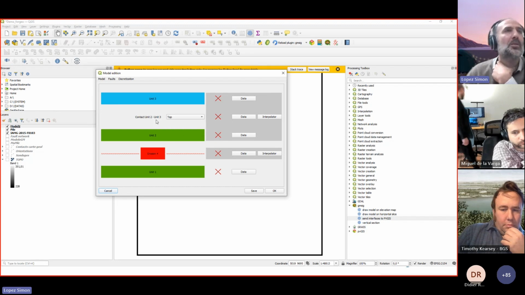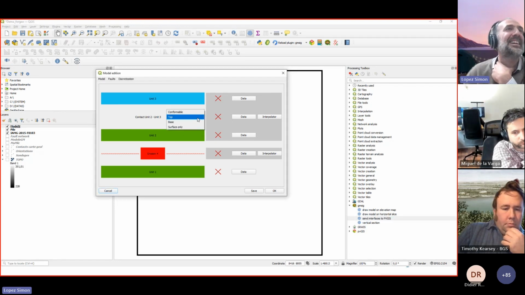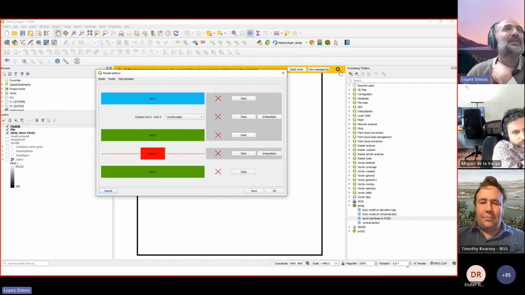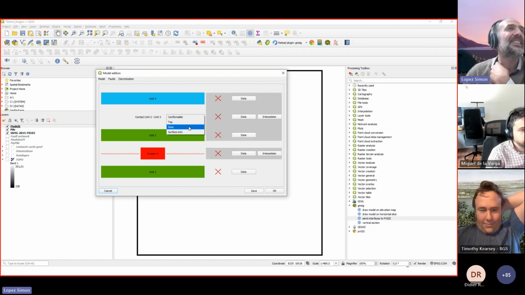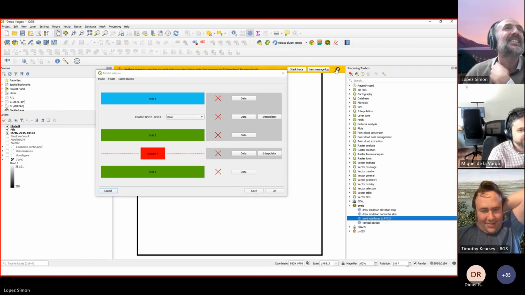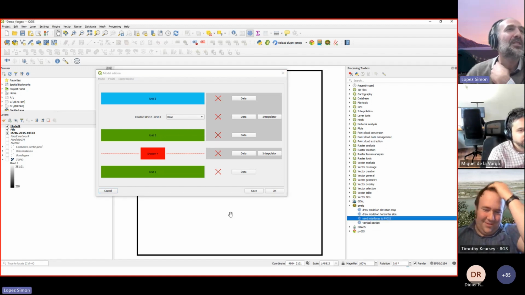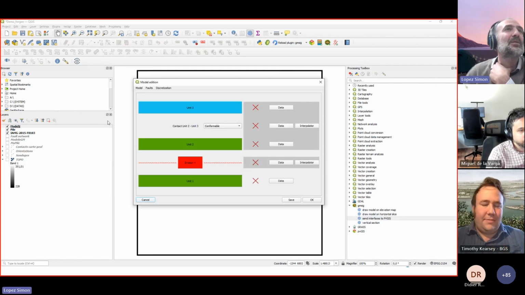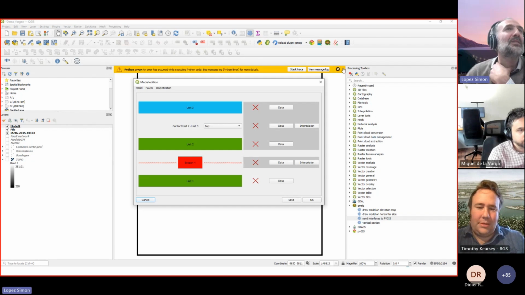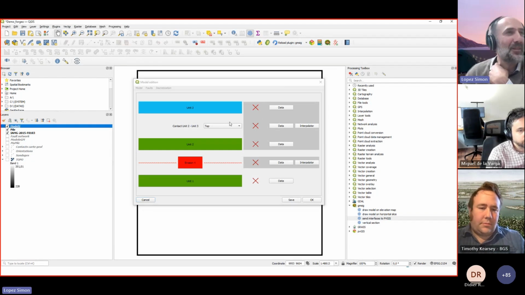For example, saying that the contact here is the top. This is the first. So first bug. That doesn't matter. I tried. Yes, I'm going to save and reopen. Hope it will work. No, so first bug. It's a thing in development. It's a pity because